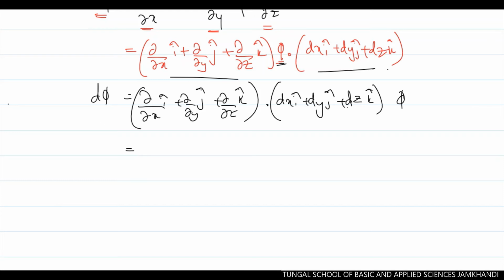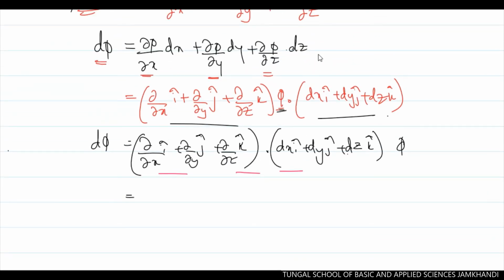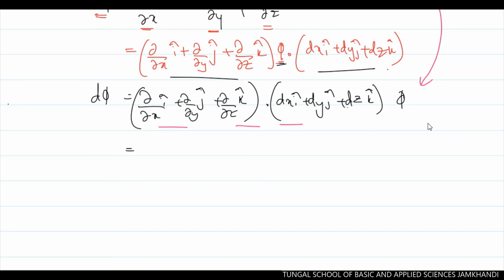Here, as these two are vector quantities, if I take the dot product, I get back to the same equation I mentioned above, right? So if you take the dot product of these two, we get the same function. That's why we have already defined this total function as an operator, that is nothing but the del operator, into that function phi. I will write the same function phi here.